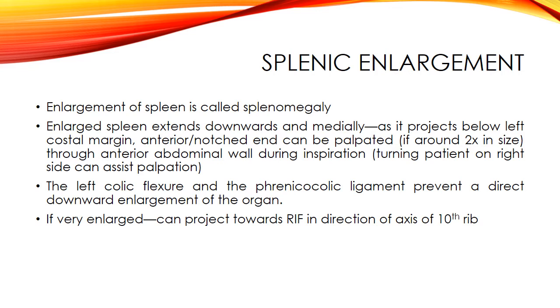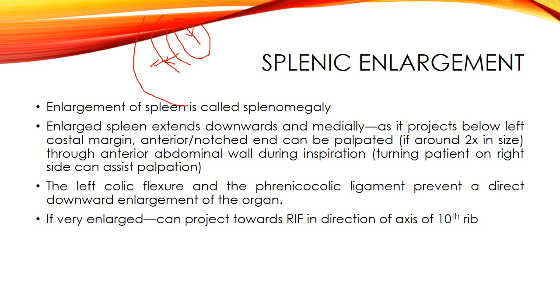Some clinical correlates of the spleen include enlargement of the spleen, which is known as splenomegaly. The enlarged spleen is going to go in a different course. We said that the long axis of the spleen was along the long axis of the 10th rib. The direction of the spleen is downwards, forwards, and laterally. But when this spleen is going to enlarge, it is going to enlarge in a downward and medial direction. So this is how the spleen is going to enlarge. The direction of the enlargement will be downwards and medially.